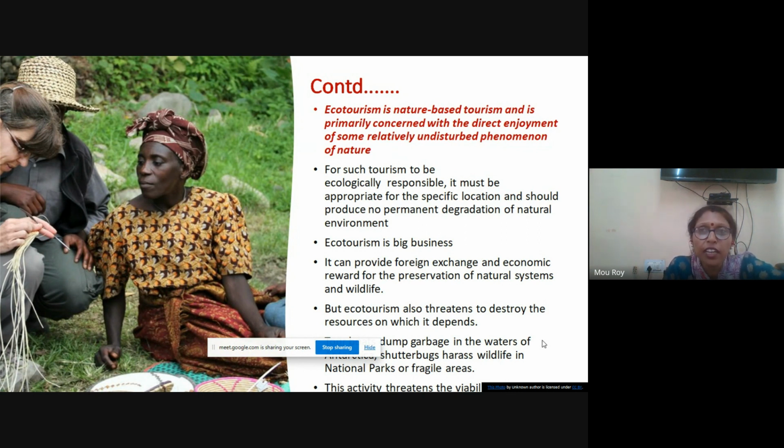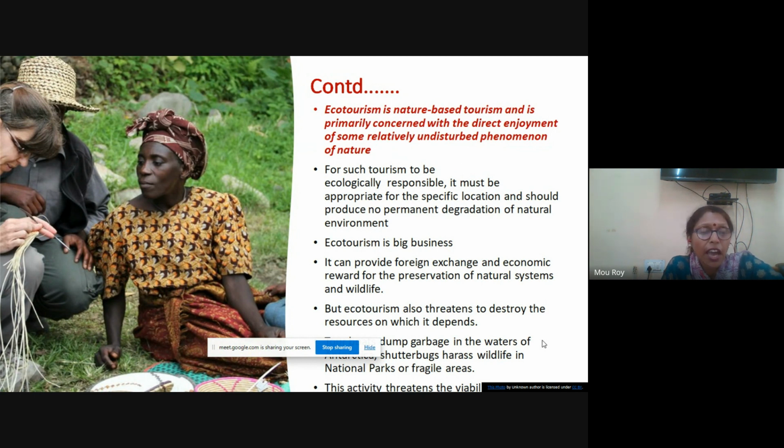When you visit a hotel, you pay for that. Housekeeping supervisors take care that your room is kept clean. You pay for that, okay? But when you visit any homestay or any ecotourist destination, you have to ensure before you check out that you clean up the area. Why do you have to clean up the area? Because the natural habitat must be kept undisturbed.